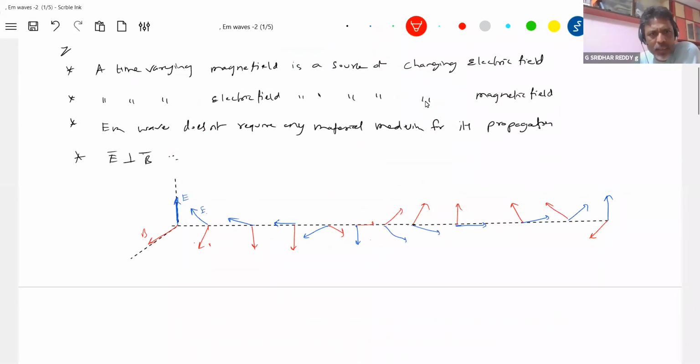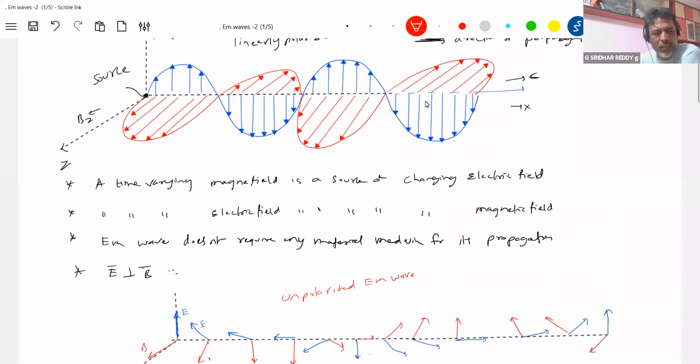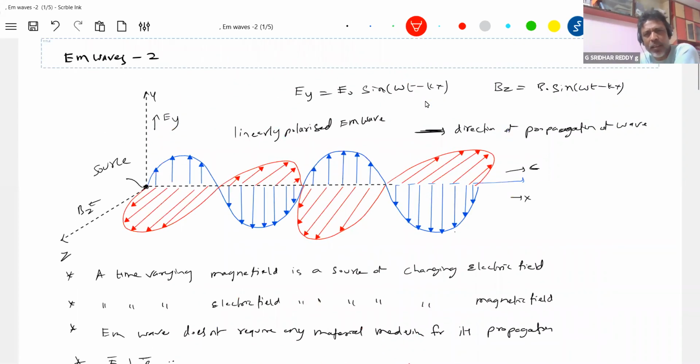No? Okay, this is about the E bar wave. This is the unpolarized EM wave. This is what the antenna will actually generate, to give students a very good, simple imagination. We have shown it in the books. Nobody will generate this directly. It has to be modified using polarizers. I will convert it into a linearly polarized EM wave. So definitely they will test it in the exam, because every book has given this one only.